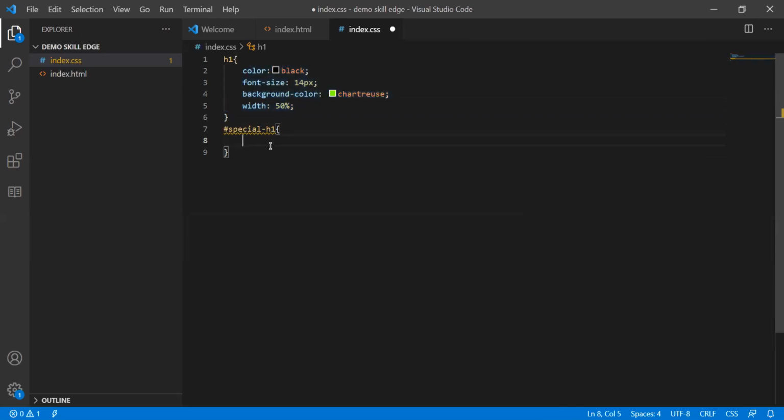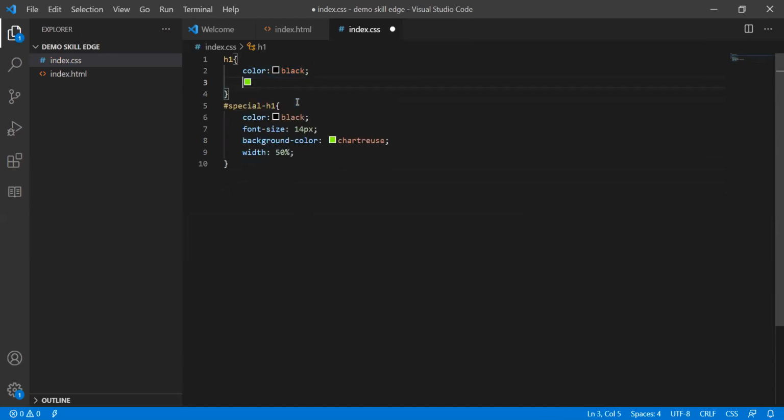So I'm just applying this to H1. Here, black. Let me put this as red color. Now let us see the output of this.